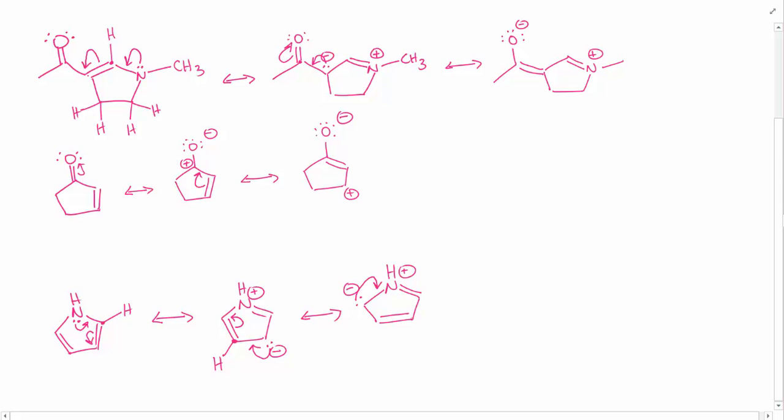And then nitrogen would have 5 bonds, so I'm going to have to take these electrons and put them on that carbon. So now I have the following molecule, which has a negative charge here and a positive on nitrogen. Now I can take this lone pair and push it down, and take these electrons and push them down here, and that is going to put the negative charge on the bottom right carbon,